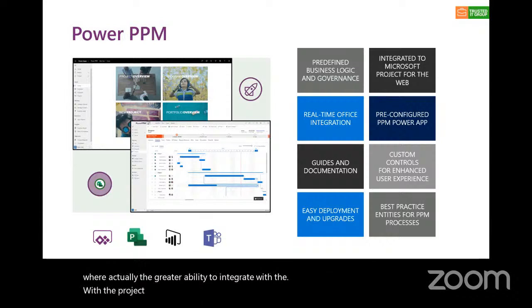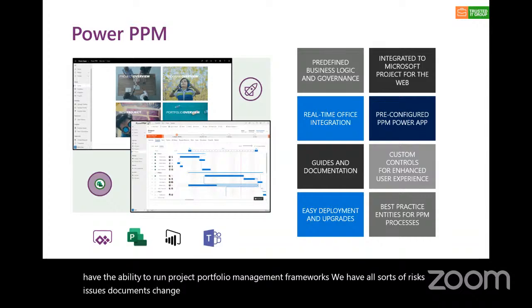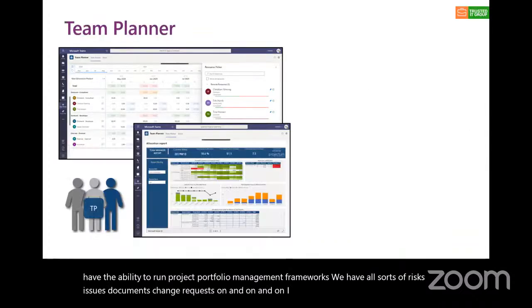We have the ability to run program management frameworks. We have the ability to run project portfolio management frameworks. We have all sorts of risks, issues, documents, change requests, on and on and on. I do want to stress that part of the family of the Power PPM, we also have the team